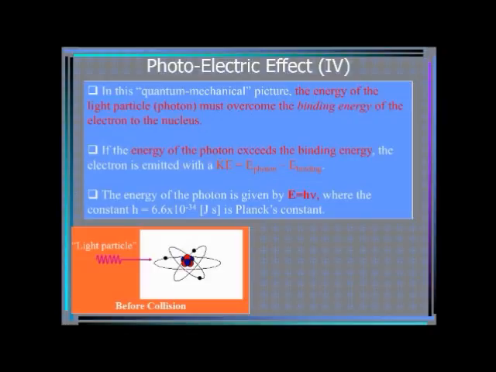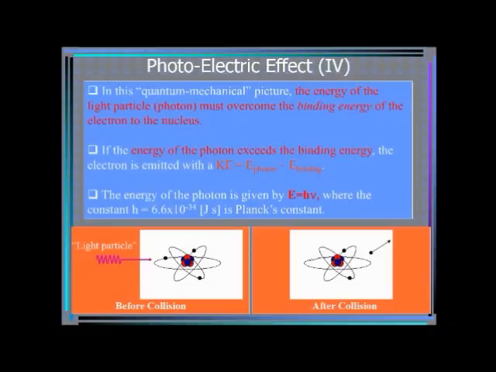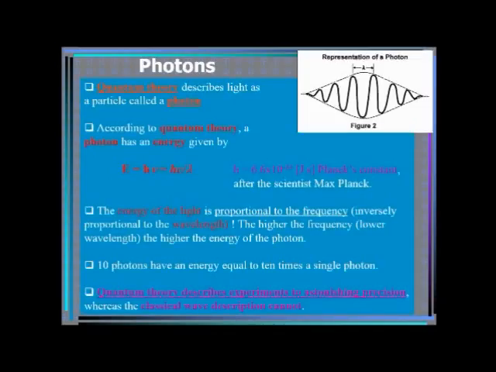Now suppose the light before collision and the light after collision, the electrons are emitted. With higher frequency of wave or higher energy, it is easy to take away the electrons from the orbits. Previously we thought of light as behaving with wave nature, but this quantum theory describes light as a particle called the photon.